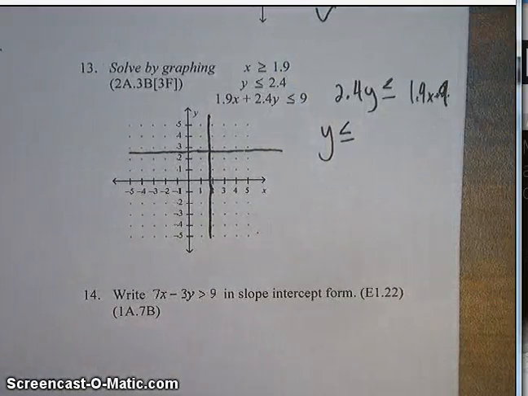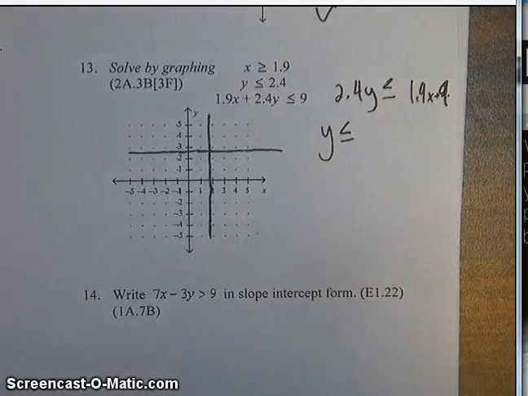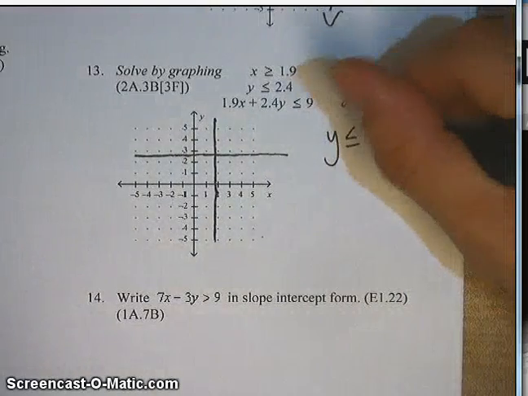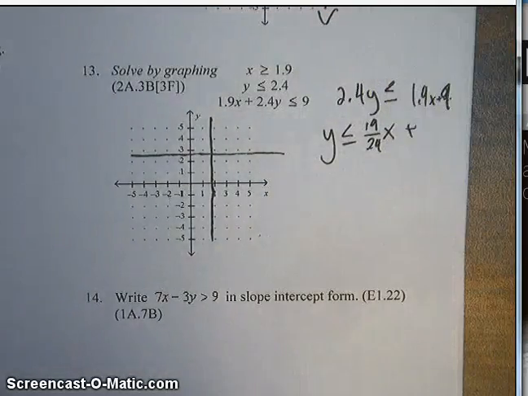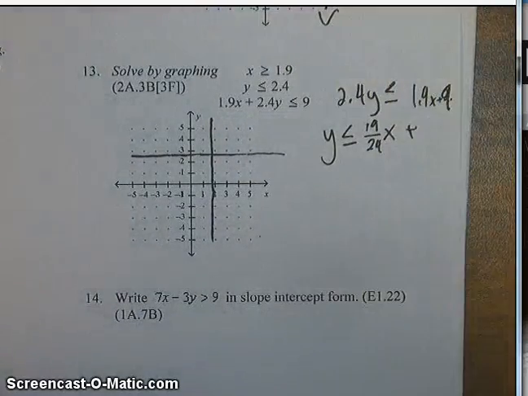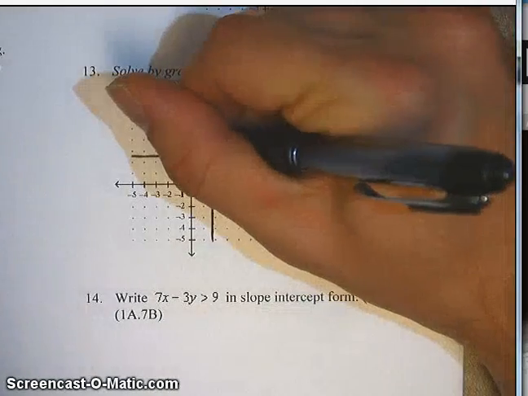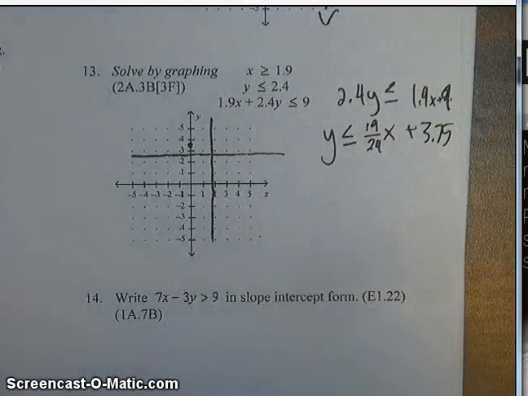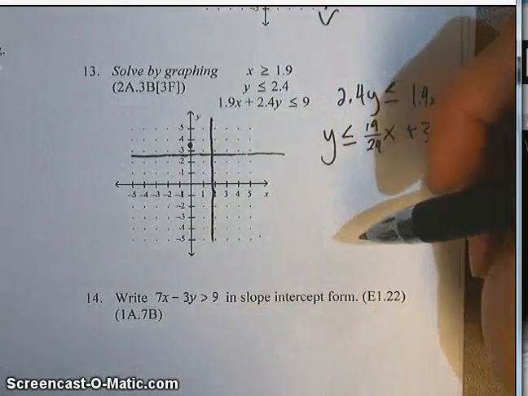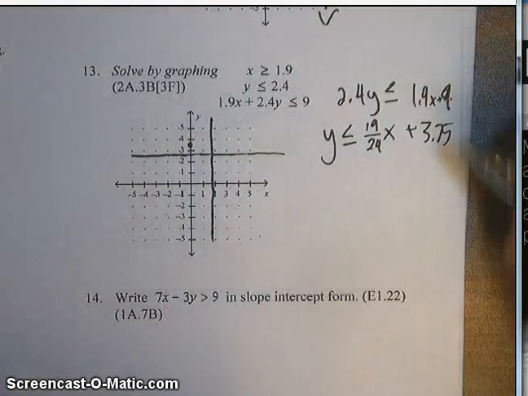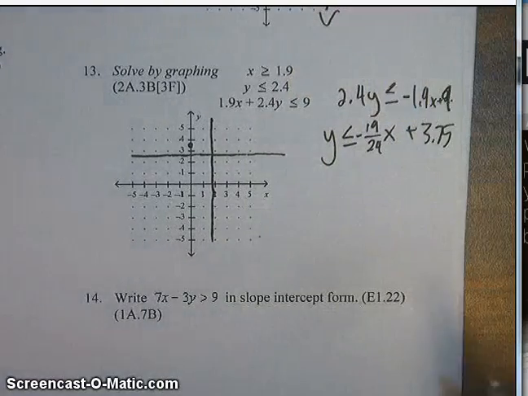So y is less than or equal to, let's see, 1.9 divided by 2.4. That's math, enter, enter. 19 over 24 x plus 9 divided by 2.4 is 3.75. So the y-intercept of this thing is 3.75, and the slope is about 0.8, which means that, I'm sorry, that these are negatives here. So the slope is like negative 0.8,